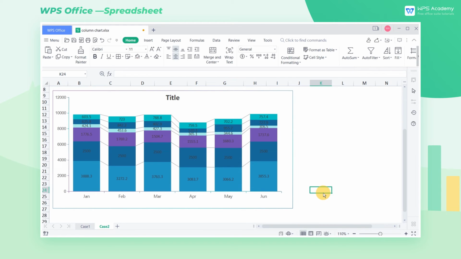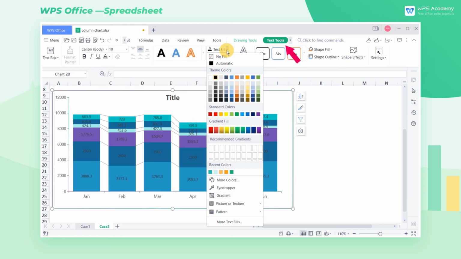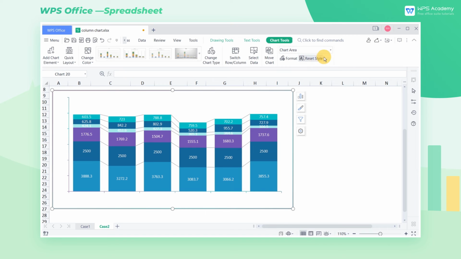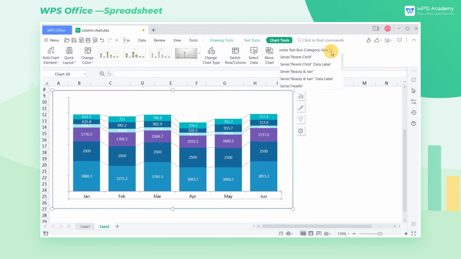We may alter the data label's color to white. How can we set it faster? Here's a trick. As you can see, this image has numerous sets of data labels, and setting them one by one is inefficient. We may first choose the entire chart, then click Text Tools, click Text Fill, and select White. As a result, all text in the chart turn white. Next, we click the drop-down menu and fill the x-axis in black, and fill the y-axis in black,